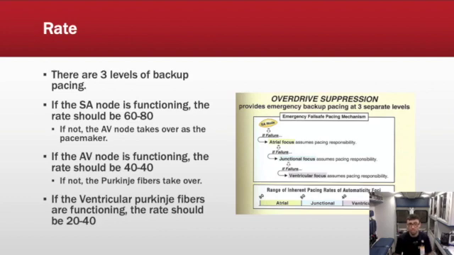There are 3 levels of backup pacing, like we talked about. So if the SA node is functioning, the rate should be 60 to 80. So the SA node, 60 to 80. If not, the AV node takes over as the primary pacemaker. The AV node functioning properly should be 40 to 60 beats a minute. If not, the Purkinje fibers take over. If the ventricular Purkinje fibers are functioning properly, the rate should then be 20 to 40 beats a minute. So again, overdrive suppression. Think about it as fail-safes,